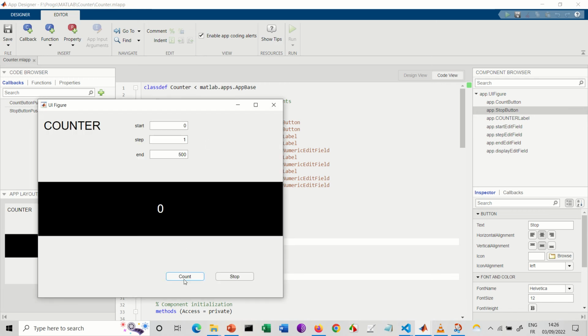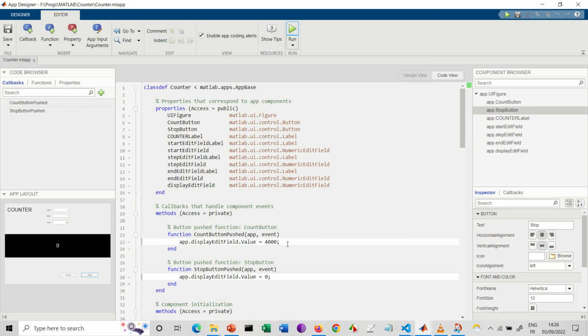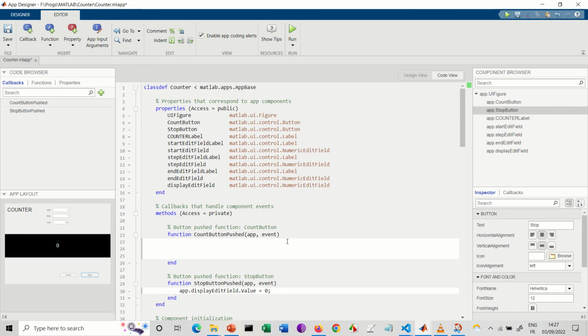Now count 4000 stop 0 count stop. Okay, now we have our two functions. Next thing we are going to do is just put a for loop. We are just going to get the initial parameters and then we put a for loop, right? So let's go. Now that we have that, we're going to start a for loop. We say for I,